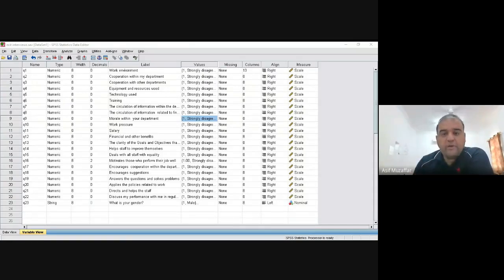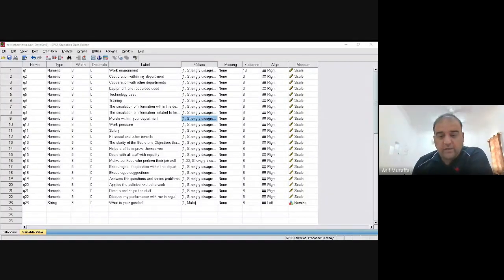Or you can transform it like what I did for gender. Male and female, I changed it into numbers 1 and 2. So please change your words into numbers, but give them labels. If you give them labels, in the report the same word will come, but you can do the testing or different types of descriptives. Please keep this in mind. This is quantitative data. You have to change your data into numbers.